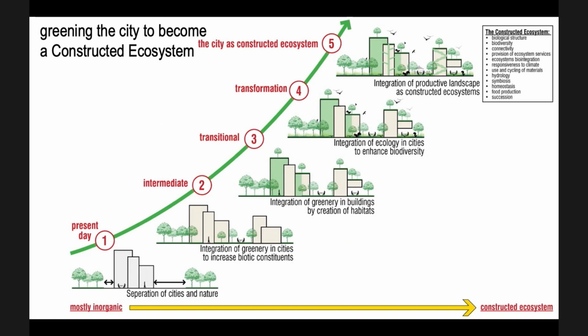The fourth is where we try to transform the built environment. Not just bring vegetation in, but change the materials we use, change the energy systems we adopted. And of course, the sixth is then the eventual status where the whole built environment becomes the constructed ecosystem. That, if you like, is a series of stages. When people ask me, how do you green a city? These are the stages we have to go through to reach from 1 to number 5.